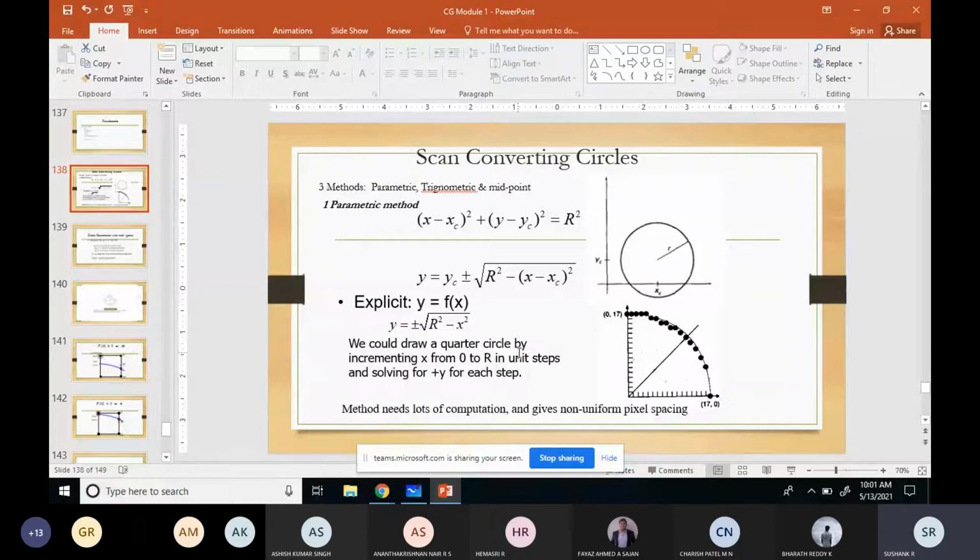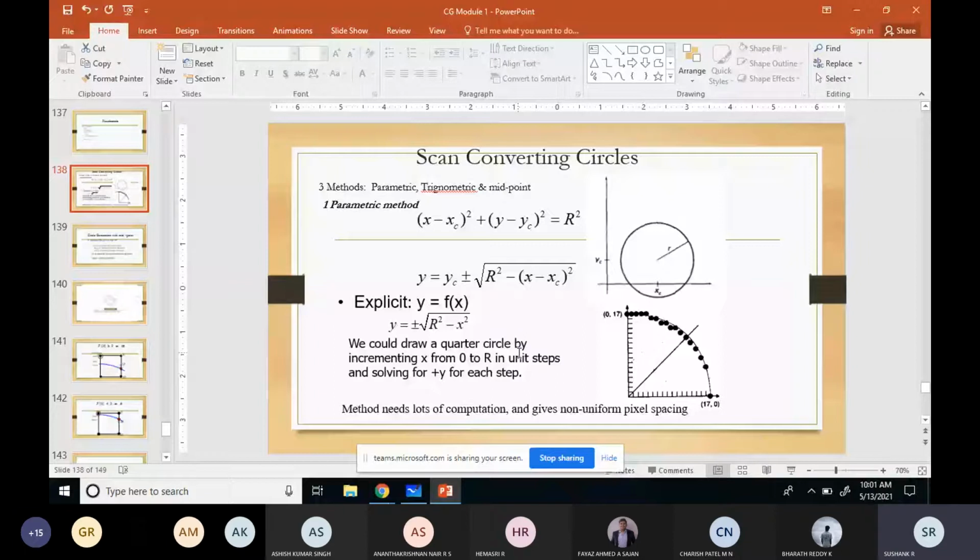This is the Cartesian coordinate system of finding the distance. So the equation of the circle is x square plus y square is equal to r square. What is x? The difference between the point on the circle and the origin, and y is the difference between the point on the circle and the origin. So your xc and yc are the origin. r is the radius of the circle. So for this, the distance is given by the Cartesian coordinate as x minus xc the whole square plus y minus yc the whole square is equal to r square. So this will be our base thing, and this will act as a base for calculation.